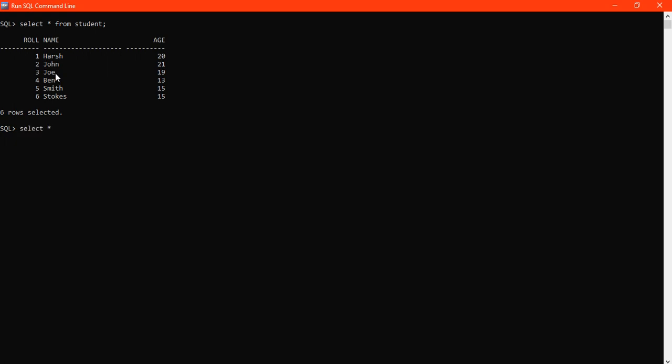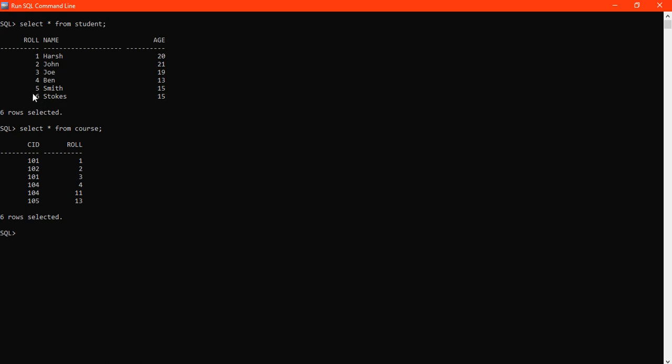Another table is select star from course. Here you can see that I have CID and roll number, that is course ID and roll number. The roll numbers are present from here, and a few extra roll numbers are also present, and a few roll numbers are here which are not present in the course table, means which are not allocated to any courses, so they are not present in the course table.